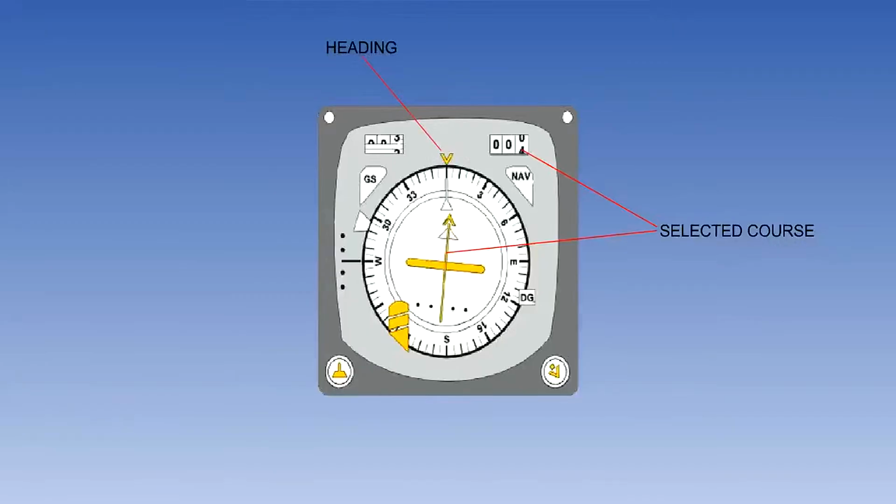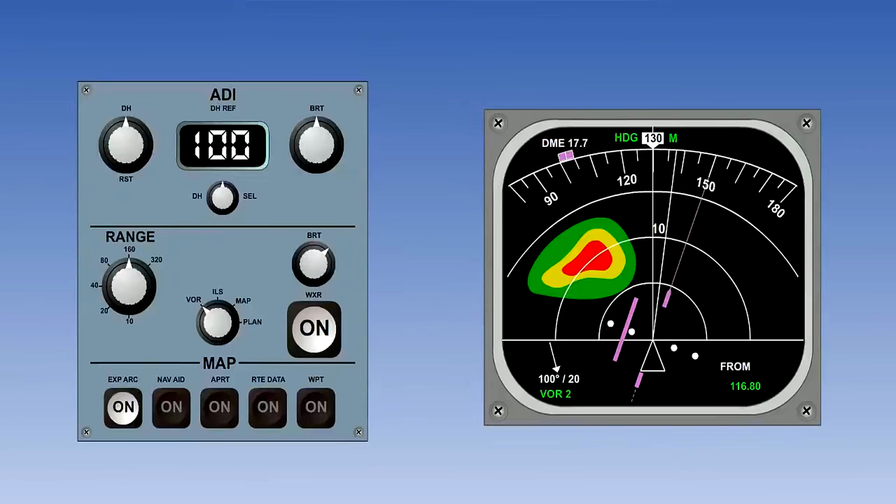It will show the heading selected. Here, we see that the heading is 360 degrees, and it will show the deviation of the aircraft from the selected radial to the VOR. The HSI may also show the distance to the VOR. An electronic HSI may be able to display other information depending upon its sophistication, such as terrain, weather, or the proximity of other aircraft.